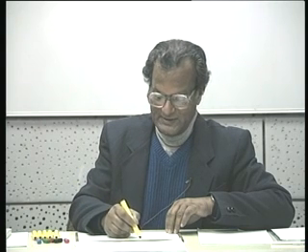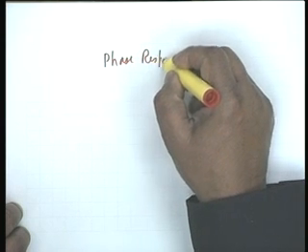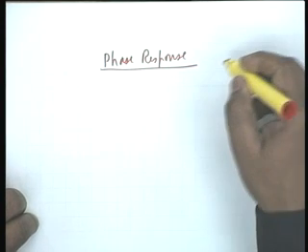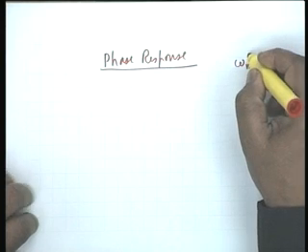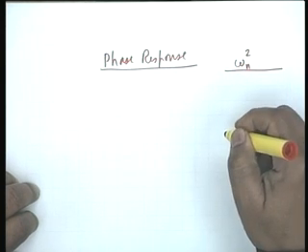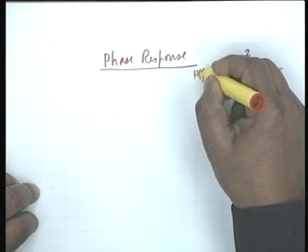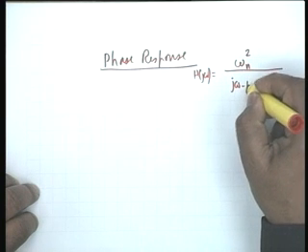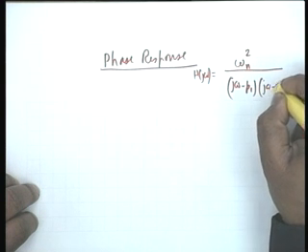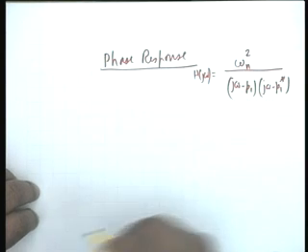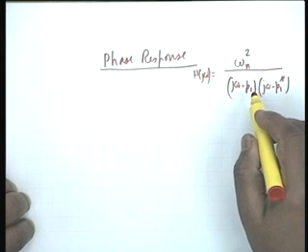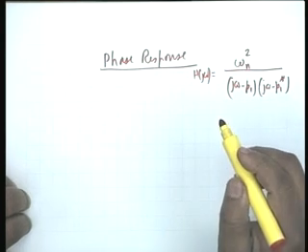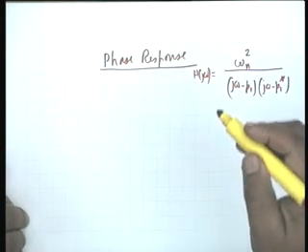Let's look at the phase response. We have only looked at the magnitude response so far. Now the phase response, if I recall, the frequency response, the transfer function H of j omega is 1 over (j omega minus p1)(j omega minus p1 star). This is the frequency response for s equal to j omega. Now let me look at the phase response a bit systematically.